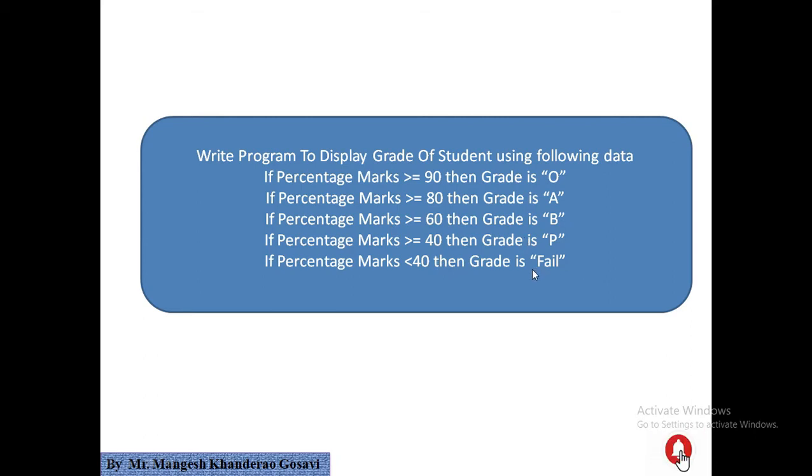Now, in my previous video, I already told you when to use the if-elif ladder: whenever you are dealing with more than two possibilities. Here, how many grades are we dealing with? O, A, B, P, and then fail. We are dealing with a total of 6 grades, so more than two possibilities are there, where only one will be executed at a time. It will never happen that a single student gets grade O as well as A at the same time. So possible grades are 6, and only one will be executed at a time. That's why for writing this program, we have to use the if-elif ladder.